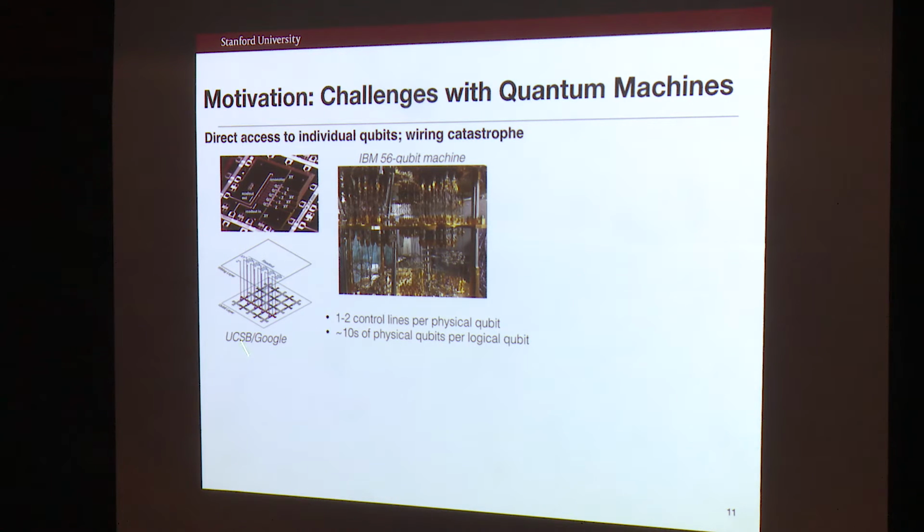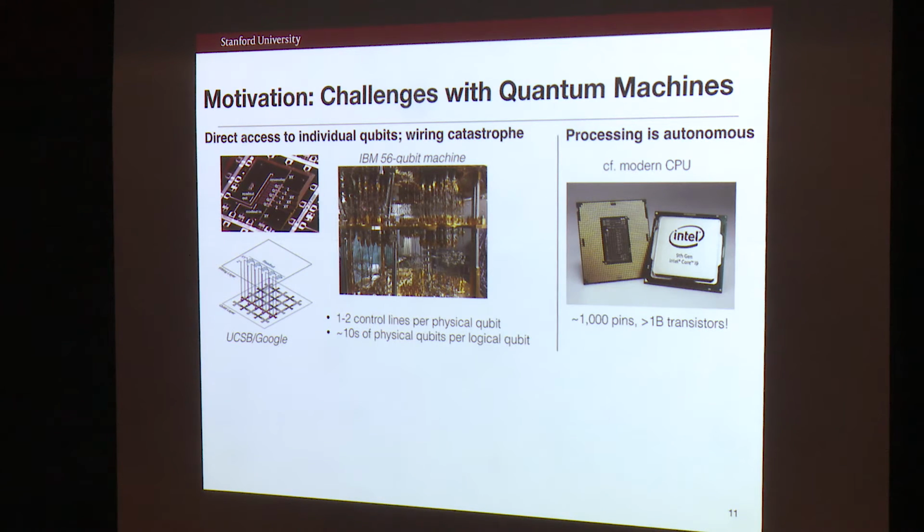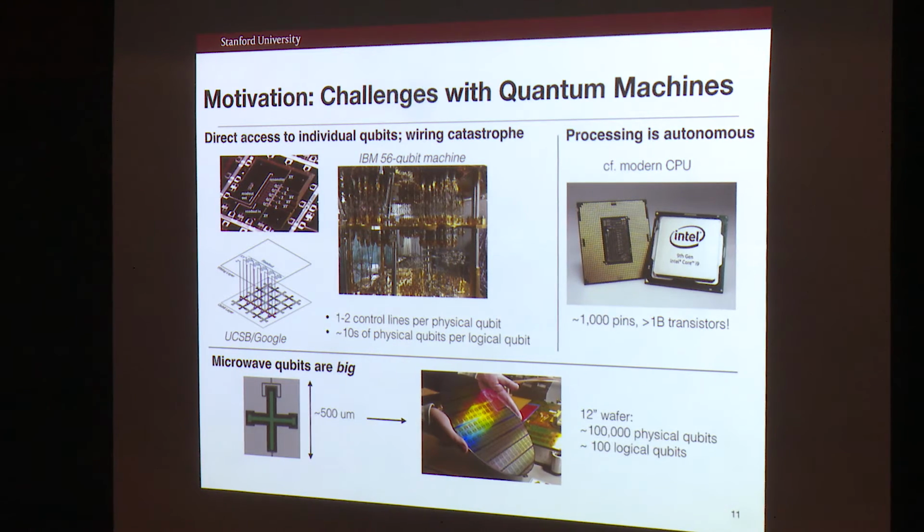So people are trying to make these microwave quantum systems. It's hard because you have a lot of coherent circuits and you have to control all of them. So that means you have to have a lot of cables going into your fridge. And if you compare that to what you have inside your computer, laptop, or telephone, you have a chip that has billions of transistors, but only has 1,000 pins on the back. So, at least for the classical technology, we don't need to control every single element. And so that's one aspect of these circuits.